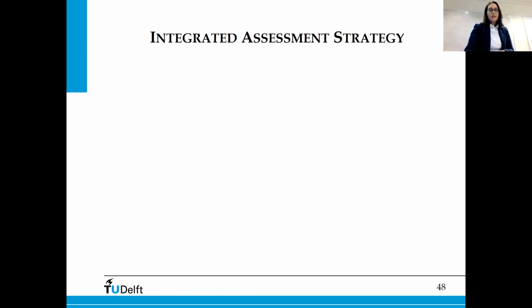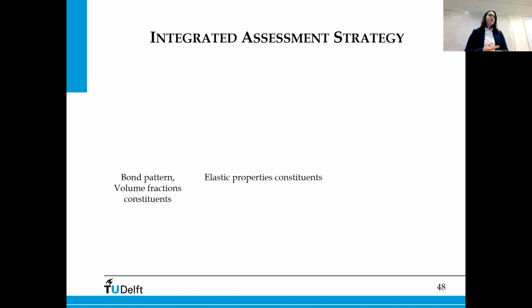But if we want to reflect on whether this model can work towards an integrated assessment, we can look at the input the model needs. We need to know something about the bond pattern and the volume fraction of each constituent, so the brick and the joint, and how they are oriented. We need to know the elastic properties of the brick and the mortar, and the tensile or bond property of the brick-mortar interface. And we expect that we also need some cohesion and friction angle properties for the masonry